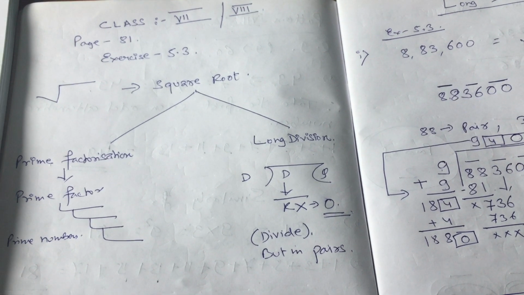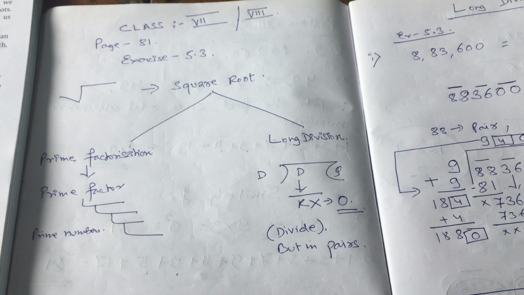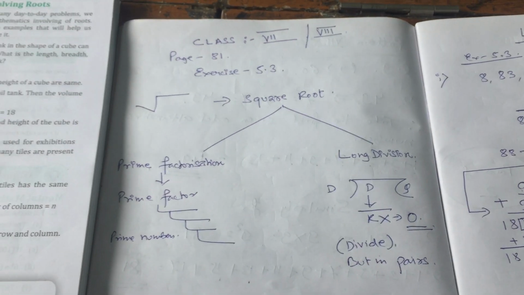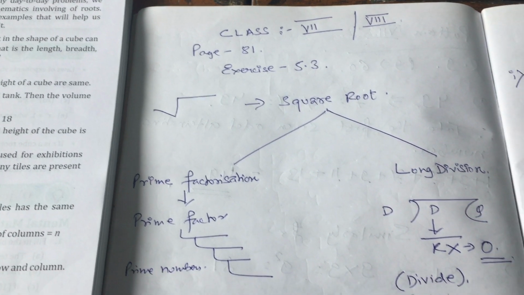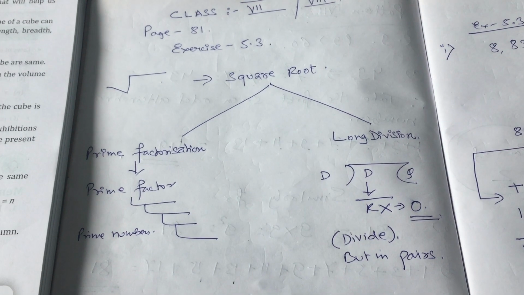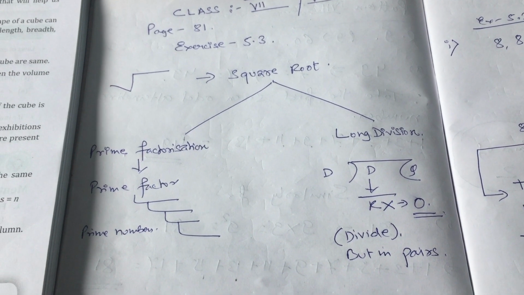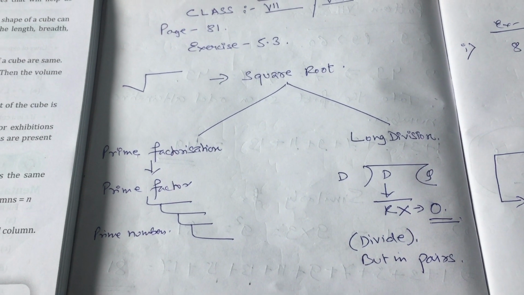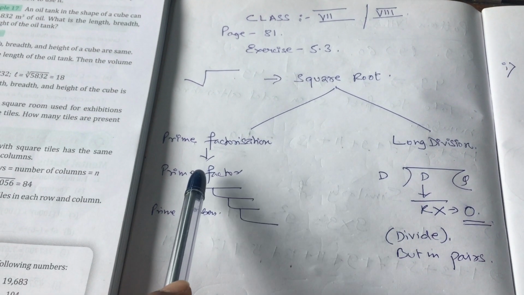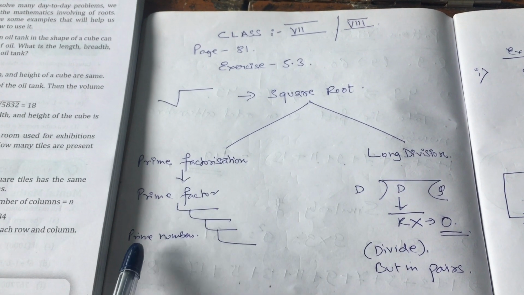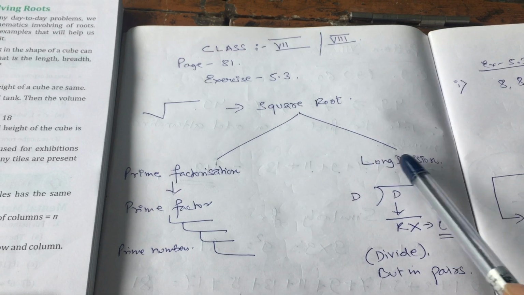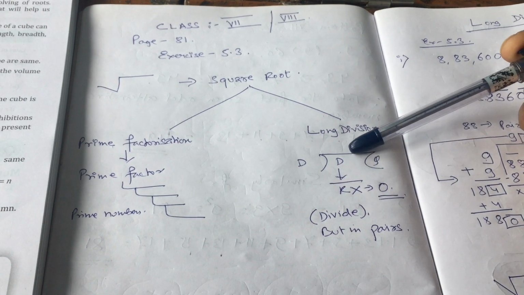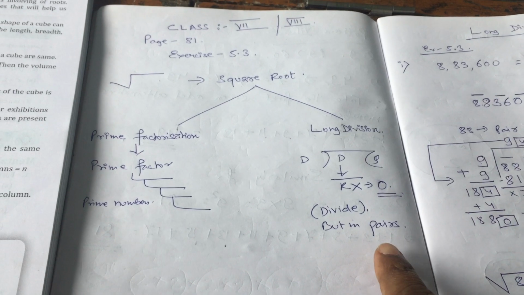So by now we know we have done the squares, the expansion and the exponent. The next part of these chapters is related to square root. As I had already told you before, square roots are basically found with two different methods. The first one is the prime factorization method, where prime numbers are used to find the prime factors, and the other one is the long division method, where you have to constantly go on dividing, but by taking the pairs.